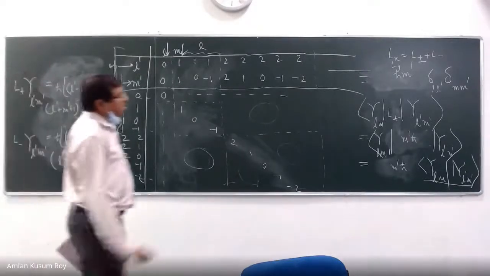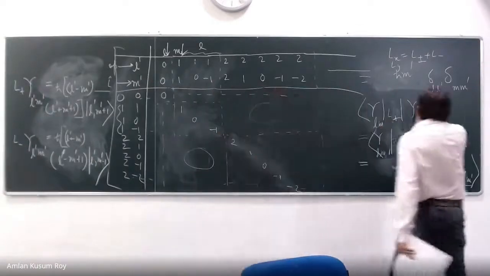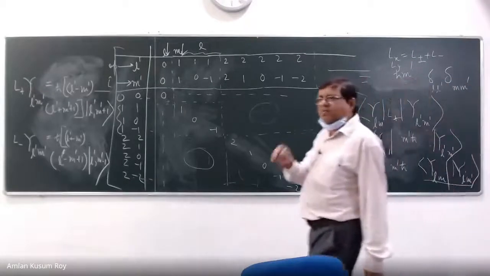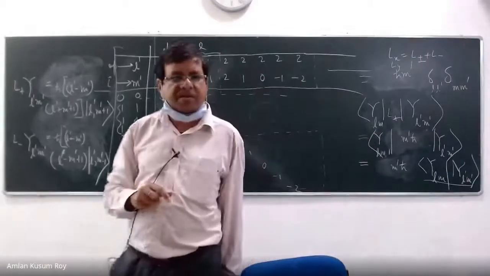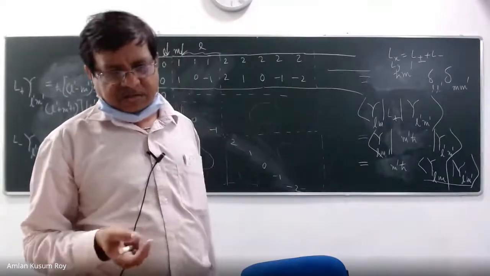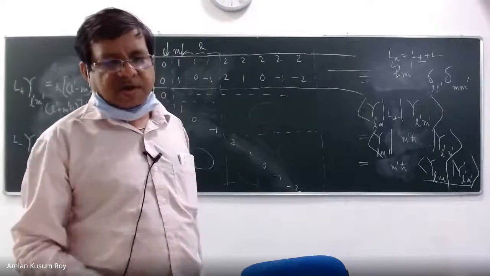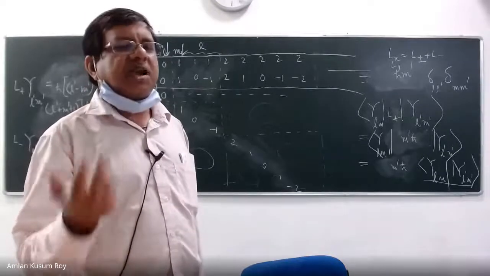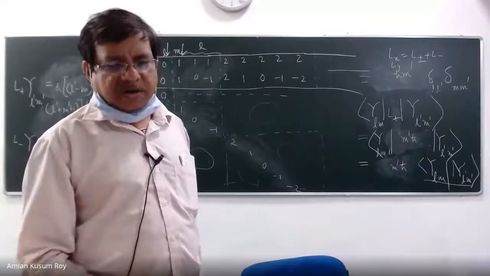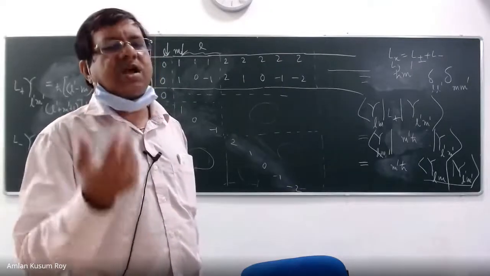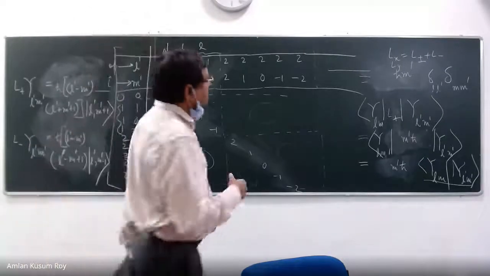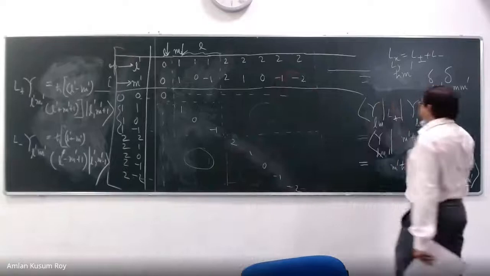Obviously, you know that L plus operating on spherical harmonics is not going to give you L plus L Y L prime M prime. That is not going to happen because spherical harmonics is not an eigenfunction of L plus operator. Spherical harmonics is not an eigenfunction of L minus operator. Spherical harmonics is not an eigenfunction of Lx operator. Spherical harmonics is not an eigenfunction of Ly operator. It is only an eigenfunction of L square and Lz operator. Right? So that is why it was very easy for you to write this expression.